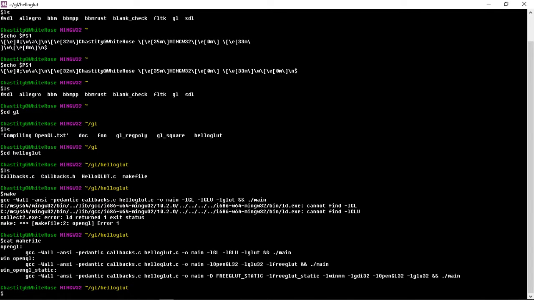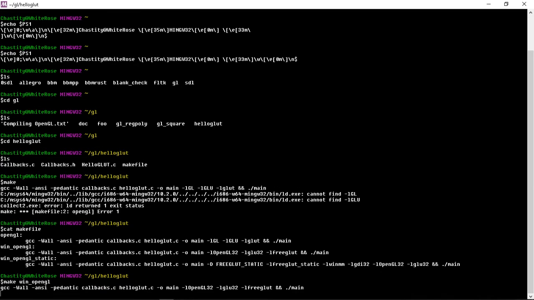Now, I made the default one just named OpenGL, and it builds things on Linux because I intend Linux to be my main build environment, because after this computer dies, it has battery problems. This laptop is not going to last forever. Linux will be my primary way I do programming, and I'm going to have to learn everything the Unix way, absolutely everything. Okay, but we're going to do make win